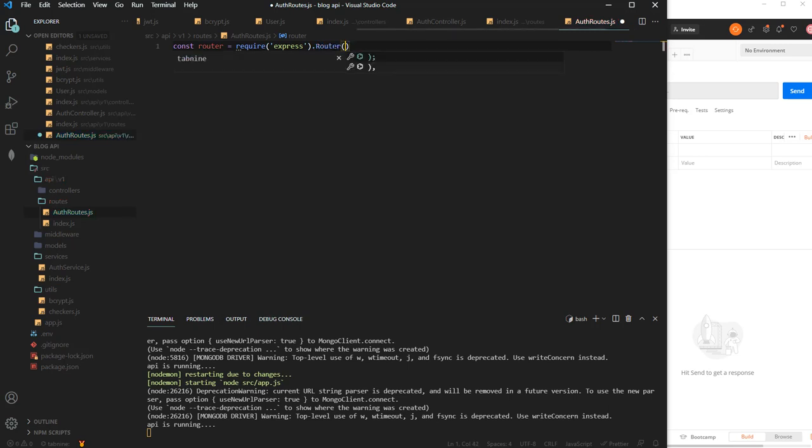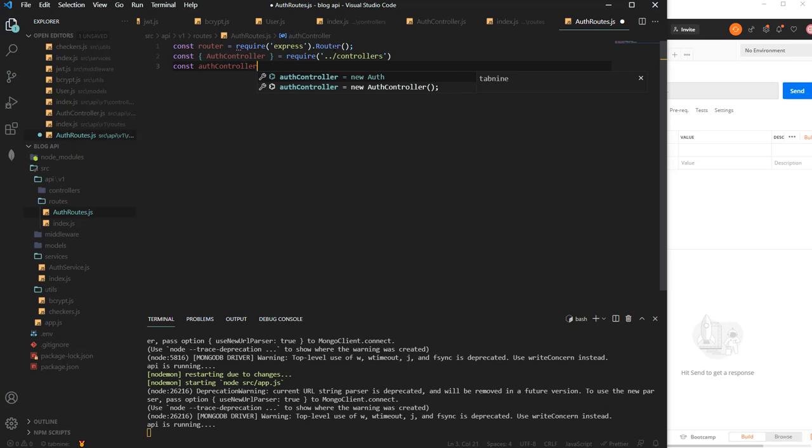Router, and we need our controller now. Const, remember we called it auth controller. It should be under controllers, and we need a new instance of it. Const auth controller is equals to new. Right, cool. So now we need to define our routes in our